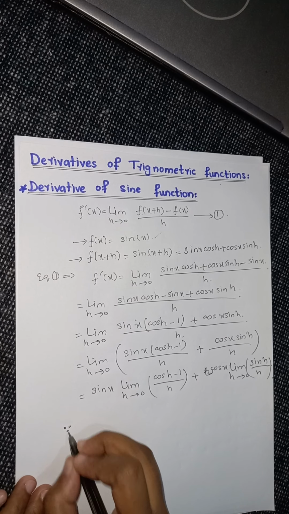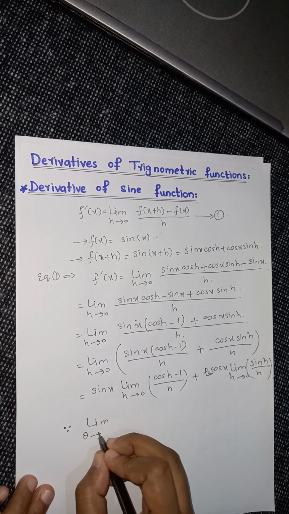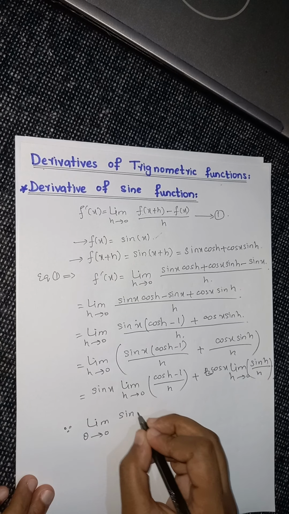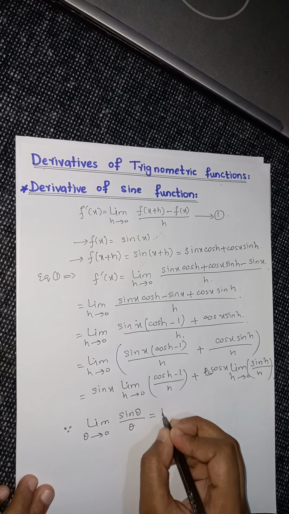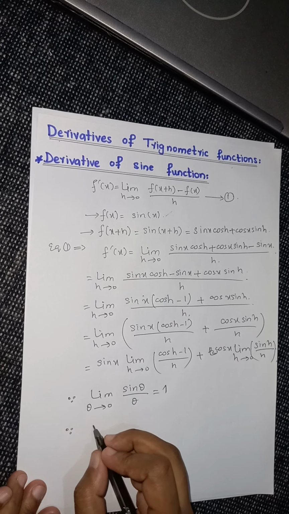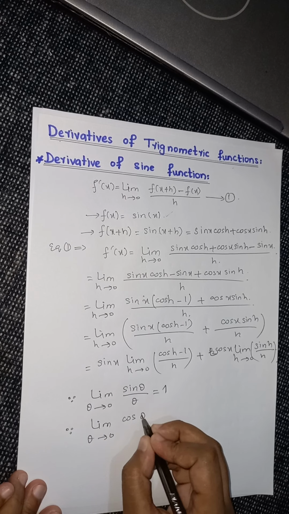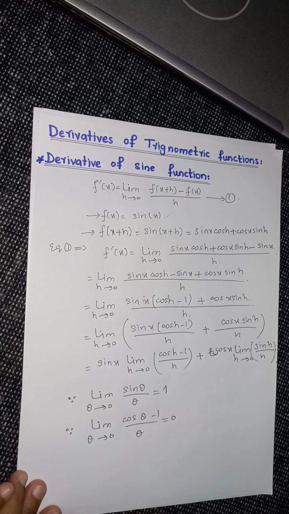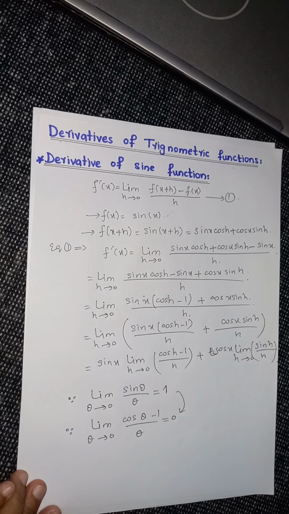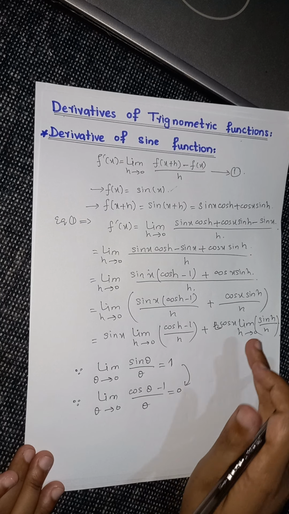Now we know the two results. The first result is that when the limit approaches 0 and we have sin theta over theta, its value is equal to 1. And we also have a result that when the limit as theta approaches 0 of (cos theta - 1) over theta, then it is equal to 0. And this result is derived from this particular theorem, and so we just use these two results here,